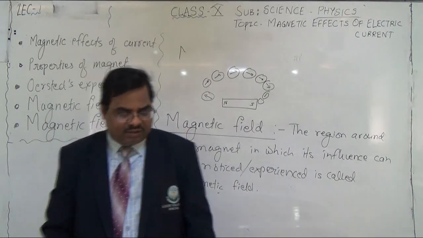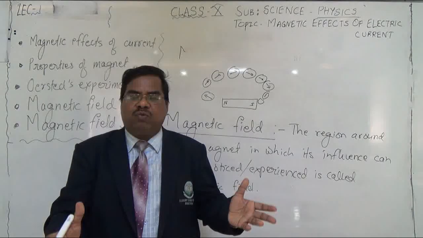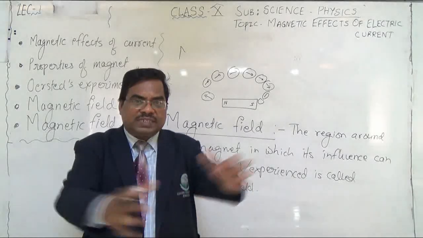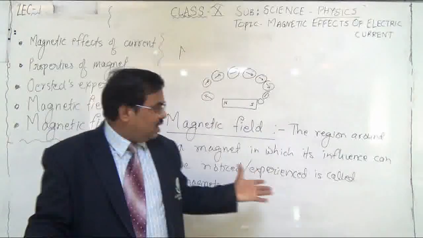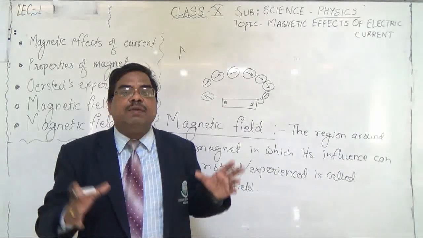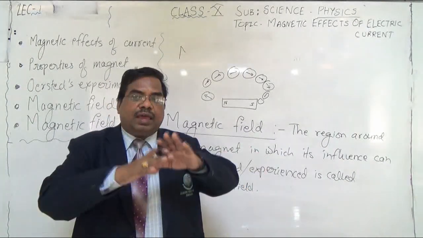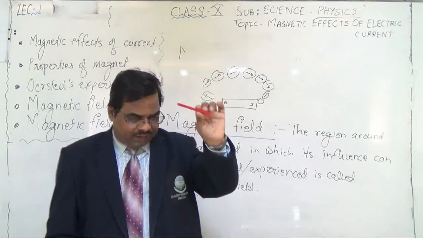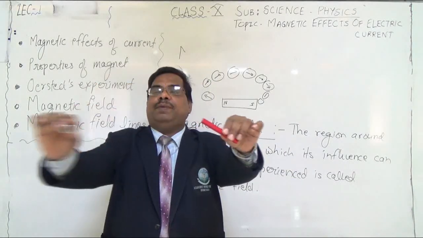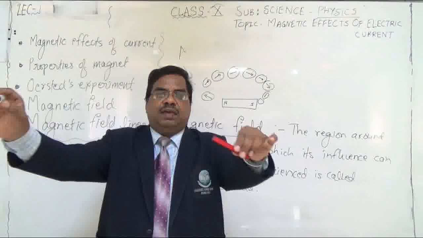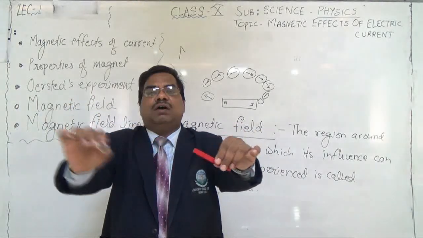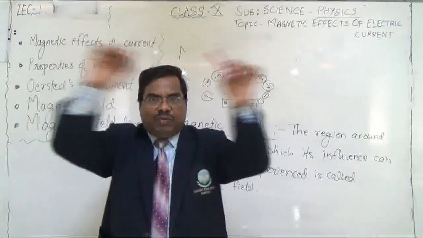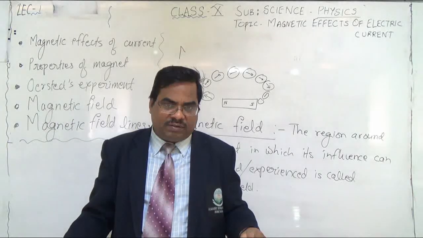So magnetic field. You all know a farmer grows his crop in a field, which is a land-like thing. Here it's not land-like, it's imaginary: there is an area around every magnet. Take the example of this bar magnet: if I bring this compass near it, the compass shows some deflection. Up to what extent this force can be felt will be called its magnetic field.